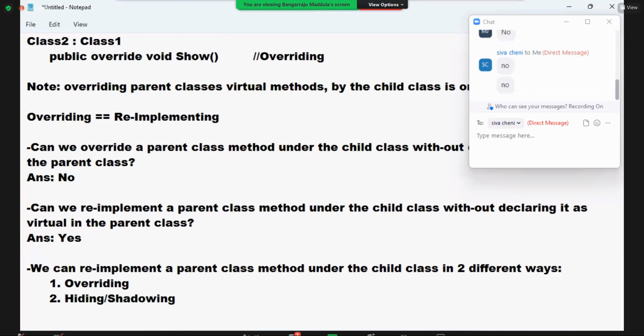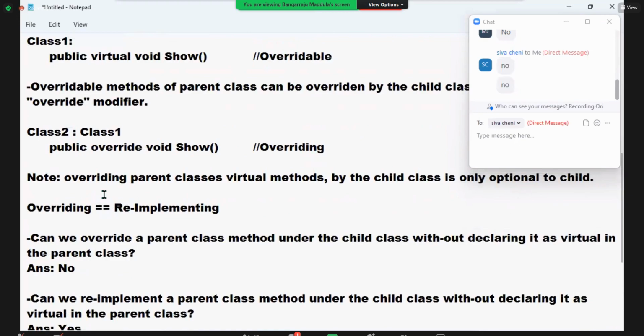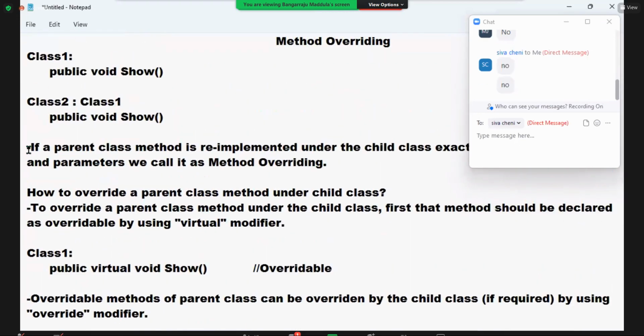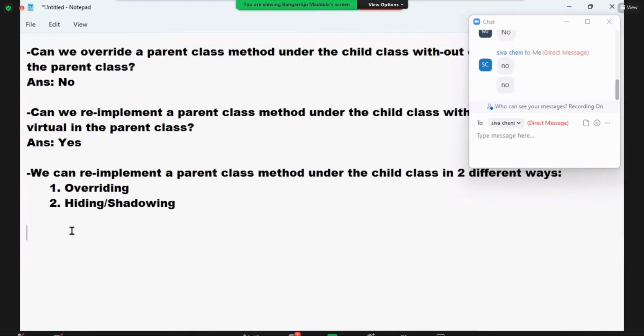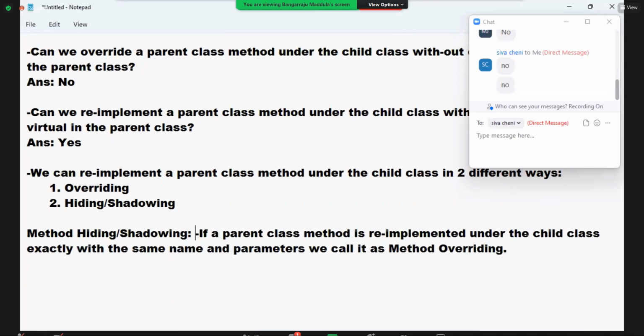What is this hiding or shadowing? See the definition. If a parent class method is re-implemented under the child class exactly with the same name and parameters, we call it